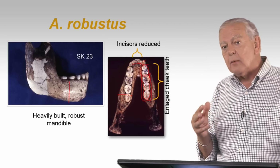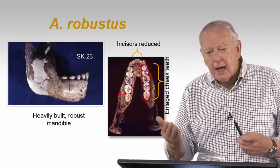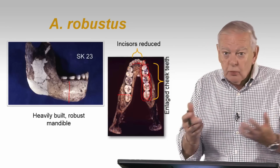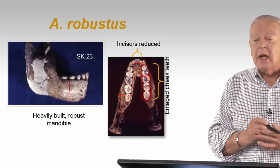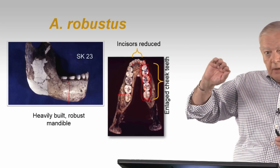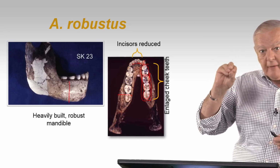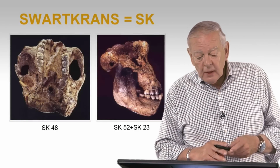So we think that reflects an increasing specialization on some diet, most likely what you would use grinding for, a vegetarian diet. That there was an evolutionary trend from Africanus to Robustus that was an increased specialization and adaptation to a tough, coarse diet. Okay, so here are